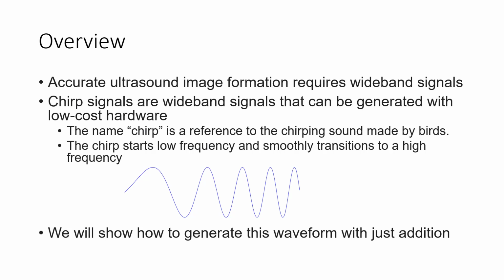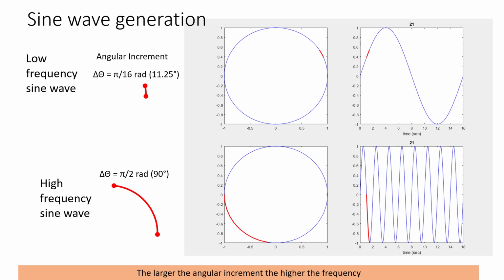Now, as a side note, the name chirp is a reference to the chirping sound made by birds. And this particular sound starts at a low frequency and it smoothly transitions to a high frequency. I'm going to show how to generate this waveform using just addition. So before generating the chirp waveform, let's look at how we can use this method to generate a simpler waveform,